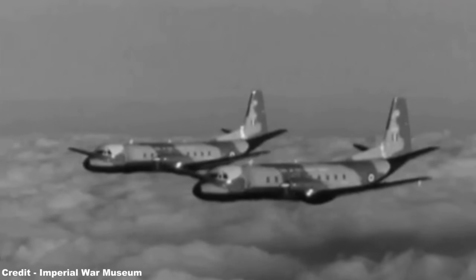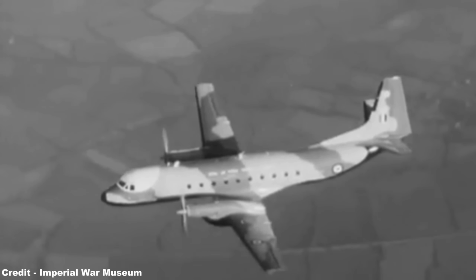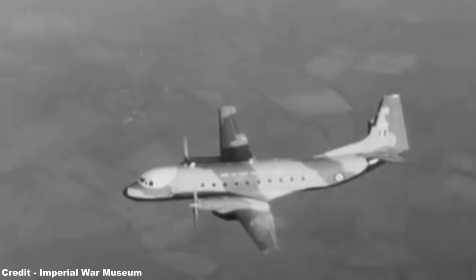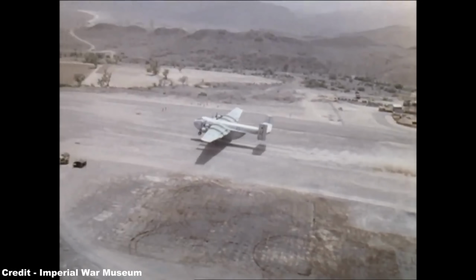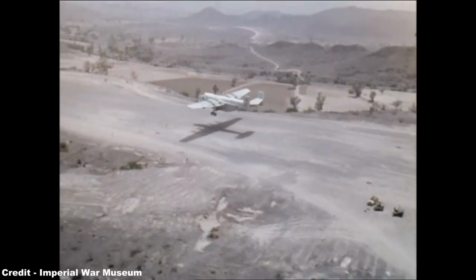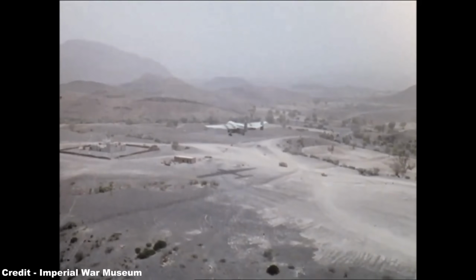which, combined with the smaller but more flexible and faster Hawker Siddeley Andover, meant the Blackburns were soon being retired squadron by squadron, the first units being withdrawn in early 1967 and were flown directly to the 27 Maintenance Unit at RAF Shawbury for scrapping. The last Beverleys to be taken out of service were those of 34 Squadron at RAF Seletar, when they were replaced by newly introduced Andovers during December 1967, these final examples being broken up in Singapore,